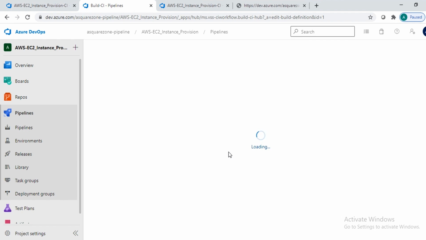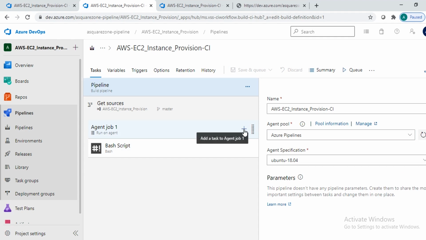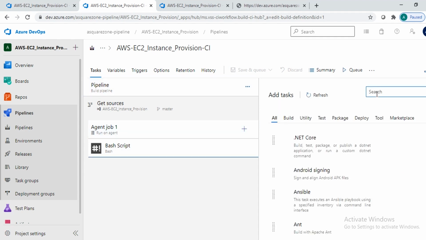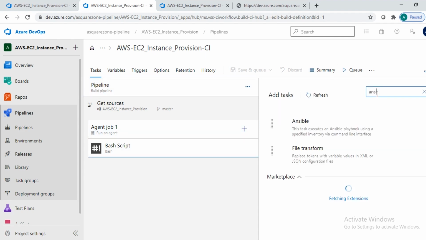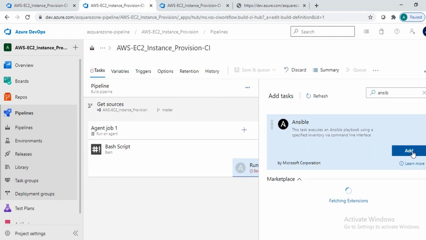and it executes the YAML file, and it provides us an AWS instance here. Adding Ansible. So it came. Now we got the add option.